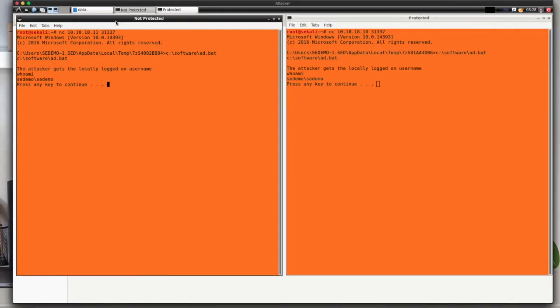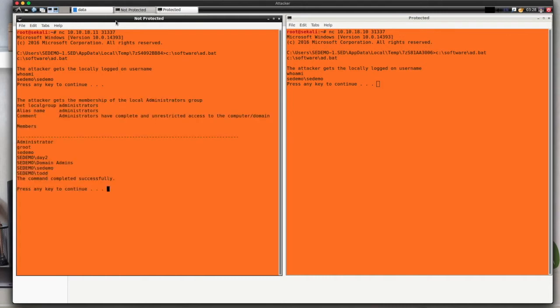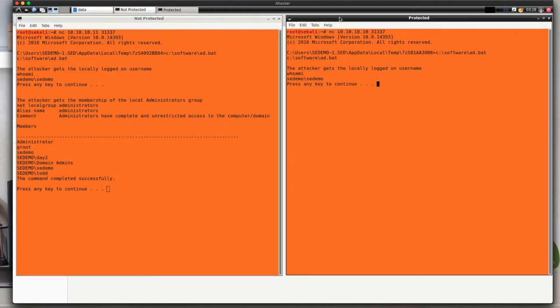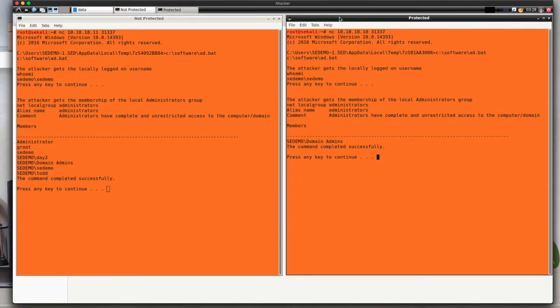So now from the system that is not protected by Attivo, the attacker will then query the local administrators group to see if the logged in user account is a member of that local administrators group. And sure enough, what we see is the SEDemo account is in fact a member of this local administrators group on this machine. When we switch over to the system that is protected by Attivo, we'll issue that same command,